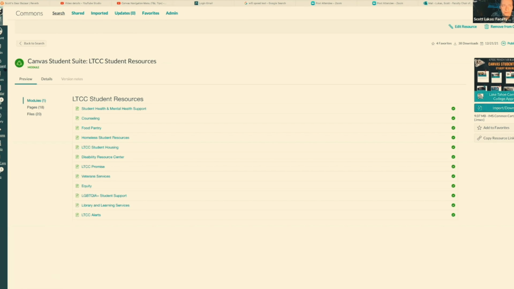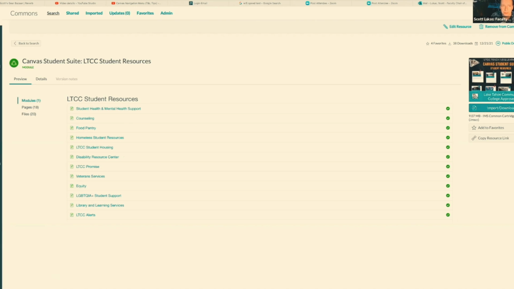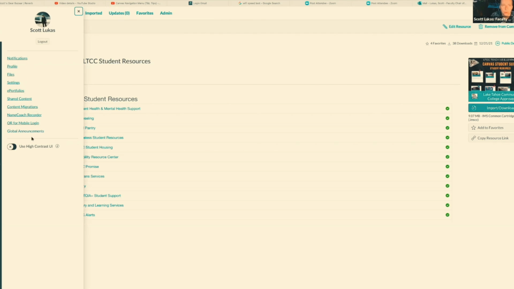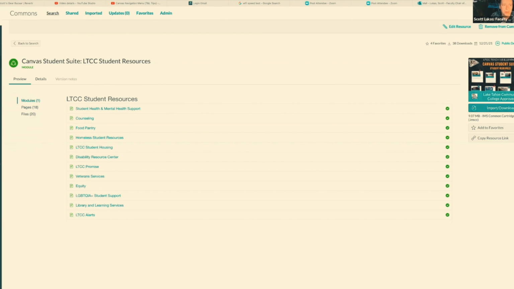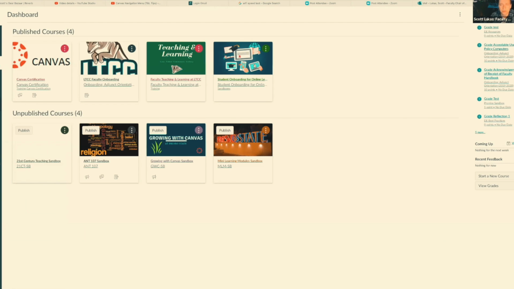So this menu is super handy. It's like your global menu for you as a user. It's your dashboard to access your courses. If you want to go in and change your avatar picture or look at anything specific to your user account, you would do it from this menu. And then, of course, you could also click on your calendar and your dashboard, which will allow you to get to your classes. And then probably most useful would be the inbox.